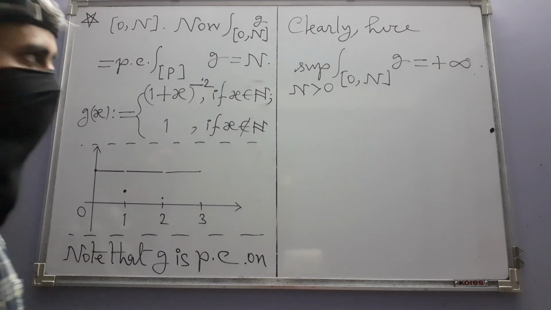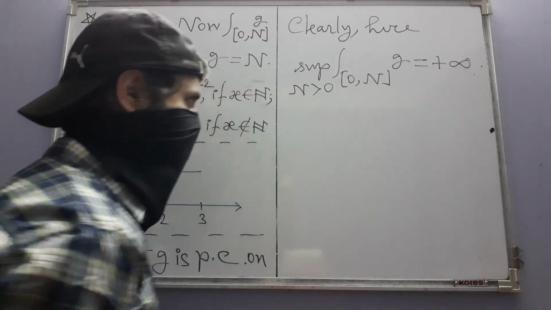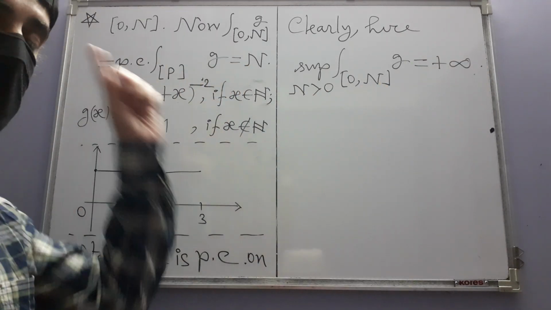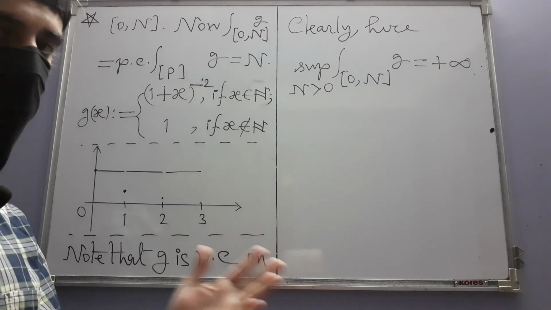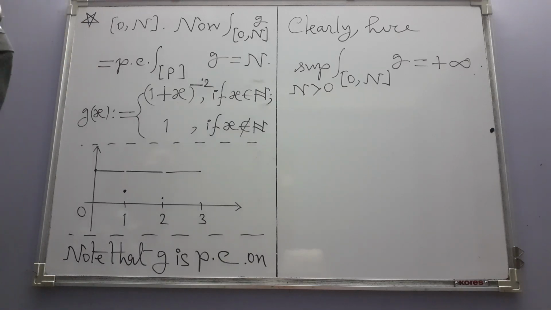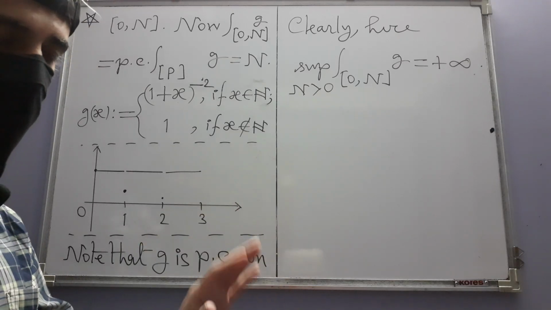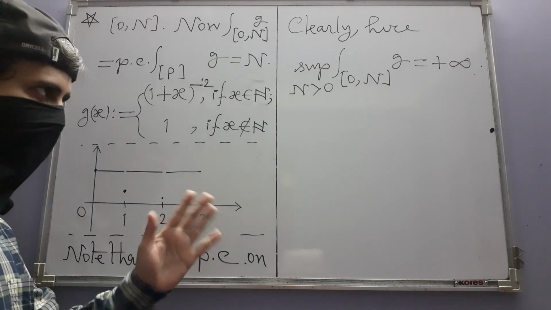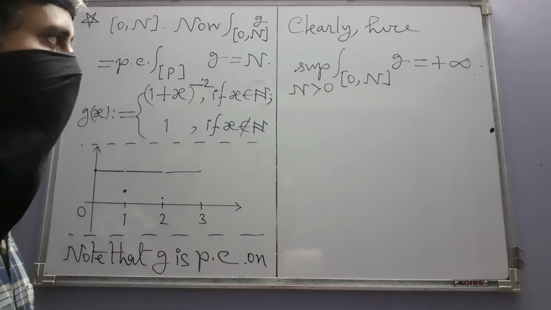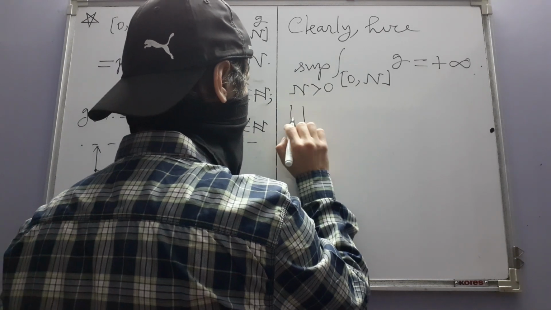There is nothing wrong in writing equal to plus infinity because of the extended real number system we have already introduced. Okay. So the supremum actually can take the value plus infinity. That means it's not a real number. However,